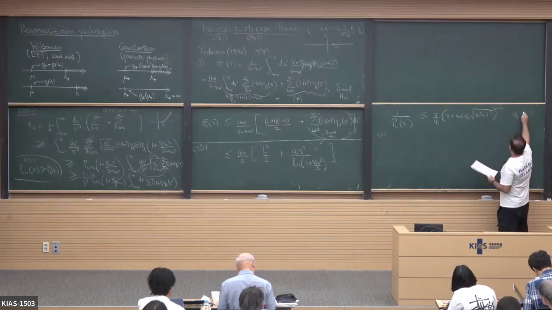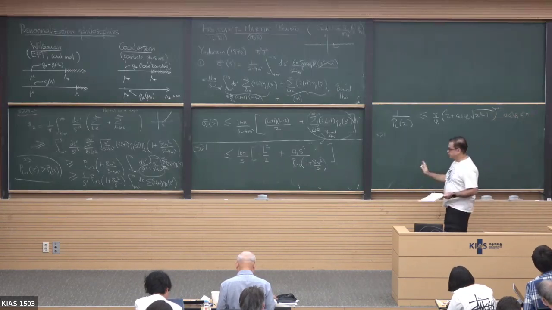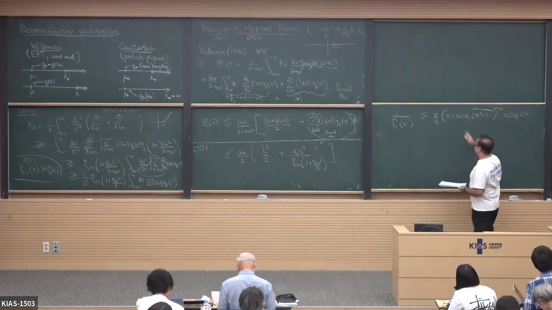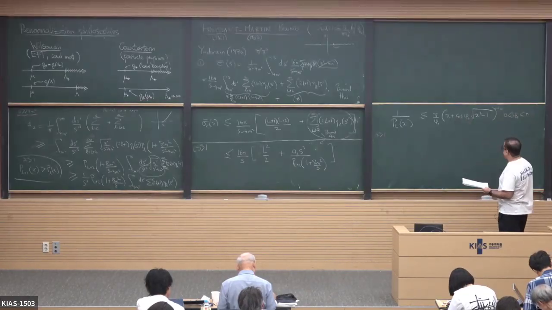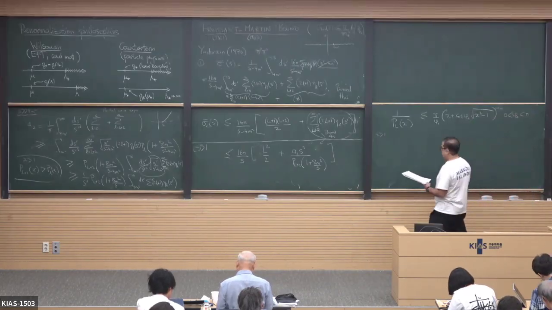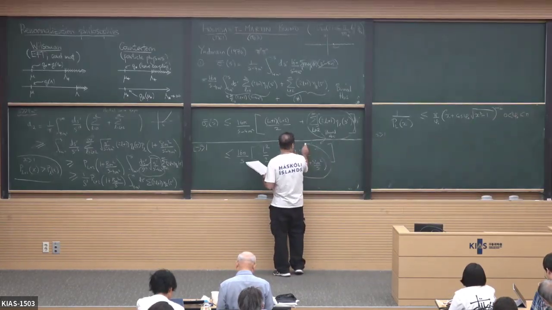So phi naught is some angle that lies between 0 and pi. It's not important. It's non-zero. It's something that makes this cos of phi naught non-zero. We won't require to optimize this. You can optimize this if you want, but it is not necessary. So we will just focus on this term, the correction term,